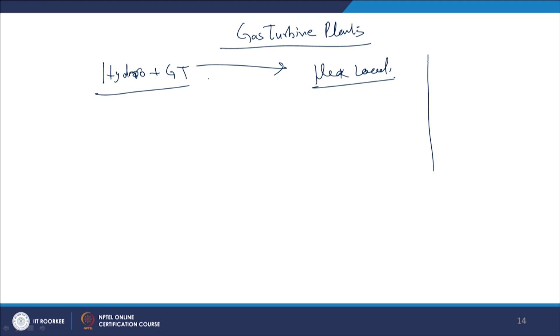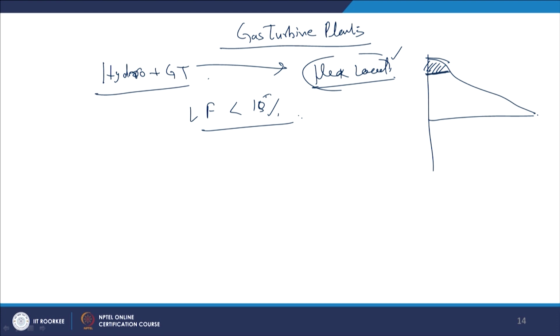Suppose the power requirement goes like this for the year. In that case, for this period we want some additional power. So, they cannot contribute in a substantial manner. So, when the peak load requirement is small or not very significant in comparison to the base load, in that case a gas turbine type of plant can be used, where the load factor is less than 15%. We can have gas turbine plants in the 10 to 25 megawatt capacity.